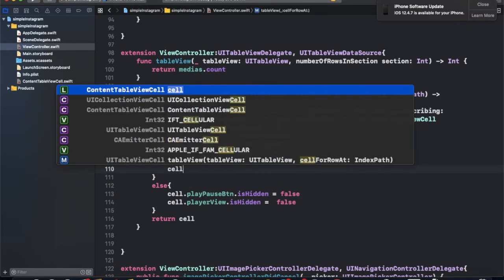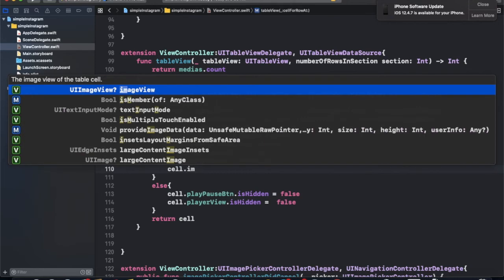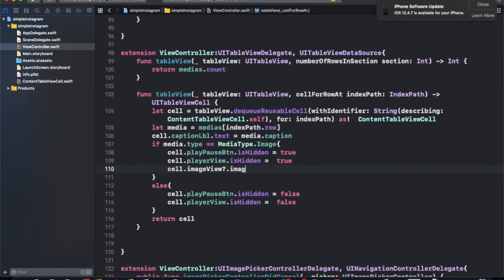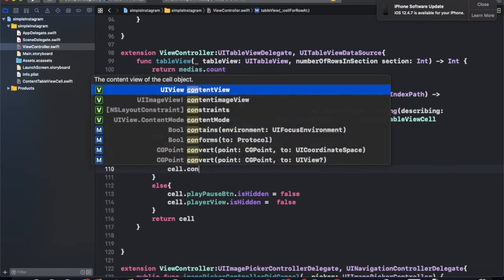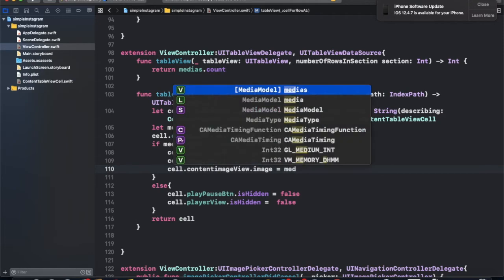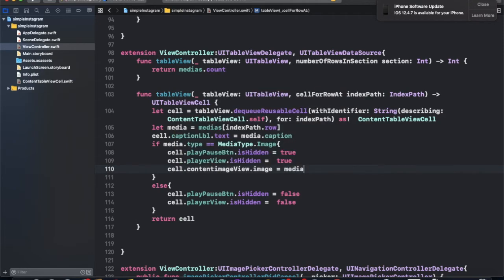Now cell.contentImageView.image is equal to media.image.